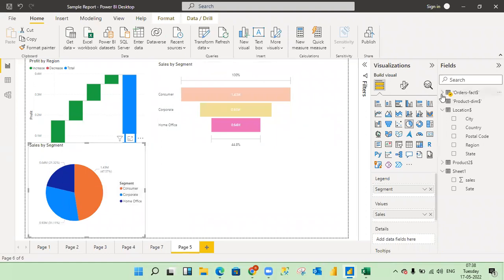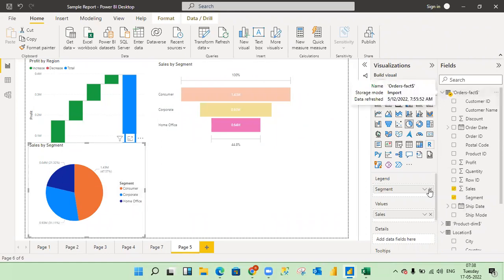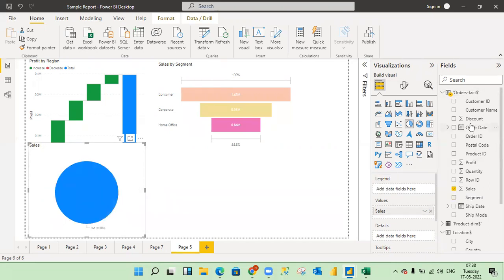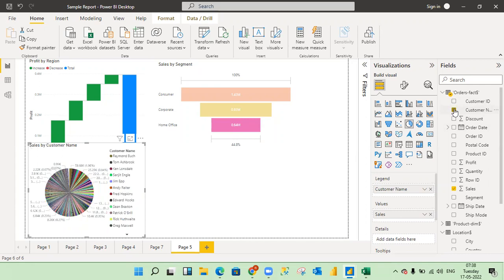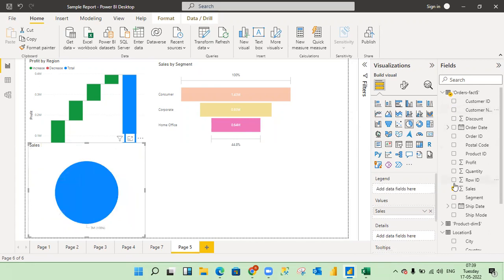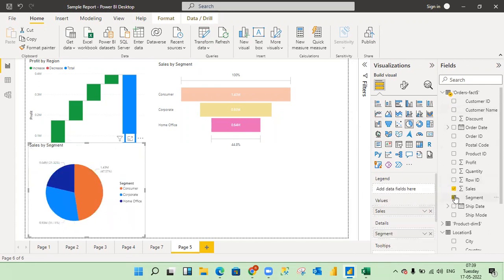Yesterday we have seen, instead of this segment, if we add any like customer name, see, it's very difficult to understand. Okay, that's why the thumb rule is, if we have more than 5, we can't use this pie chart. Okay, let me uncheck this and put it back a segment. Yeah, okay,